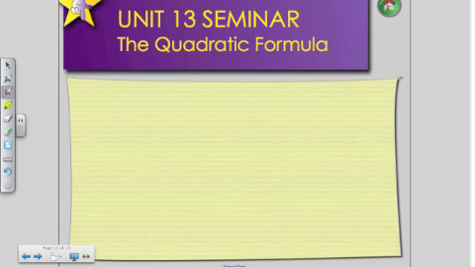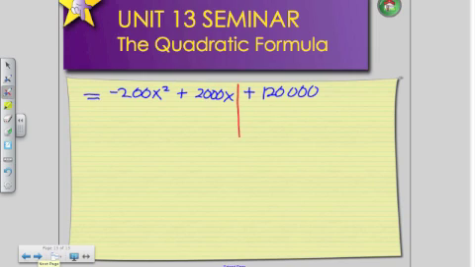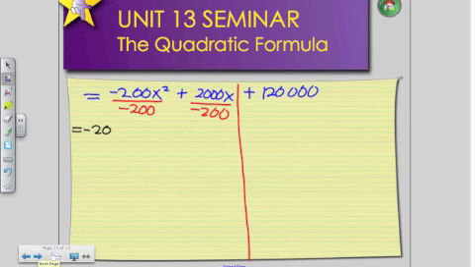Let's rewrite this on a new board to give us some more room. So if my equation is negative 200x squared plus 2000x plus 120,000, dividing my Team A and Team B, divide both terms by negative 200. So I'm left with negative 200 bracket x squared. 2000 divided by 200 is going to give me negative 10x, which is a much easier number to work with. But I still have the positive